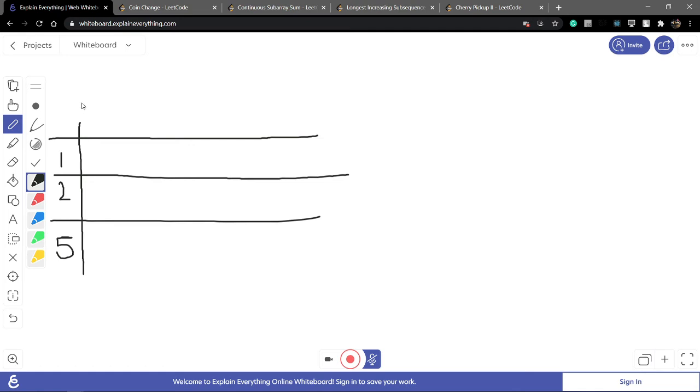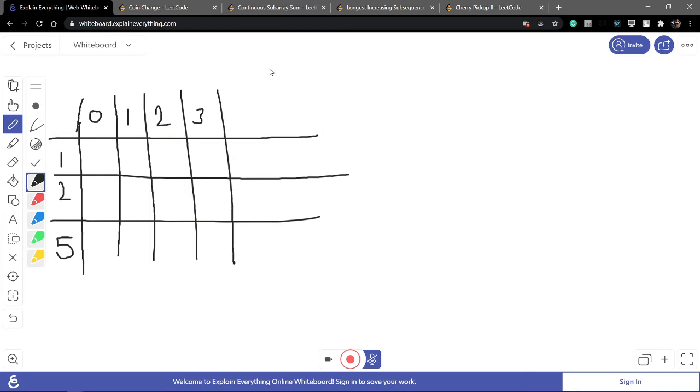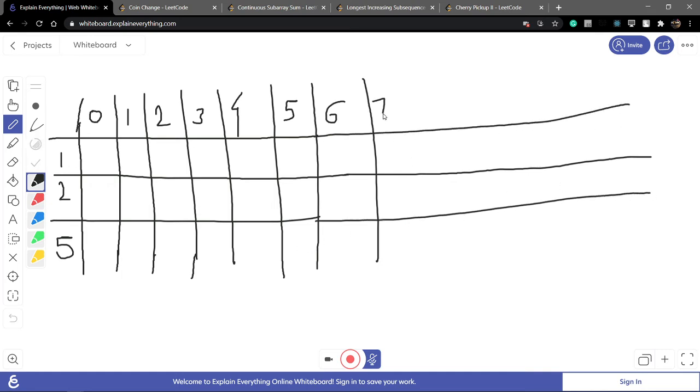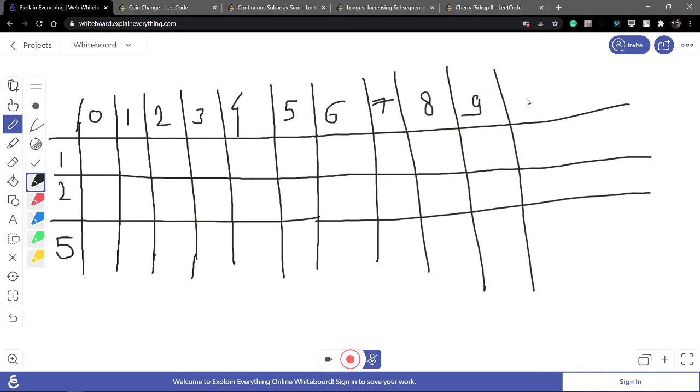ठीक है. तो make a 11 sub. So I take a make a 11 sub 0, 1, 2, 3, 4. Make a 11 sub. Make a proper amount plus 1. 5, 6, 7, 8, 9 and 10 and 11. Make a 11 sub. So I declare a dp with like that.